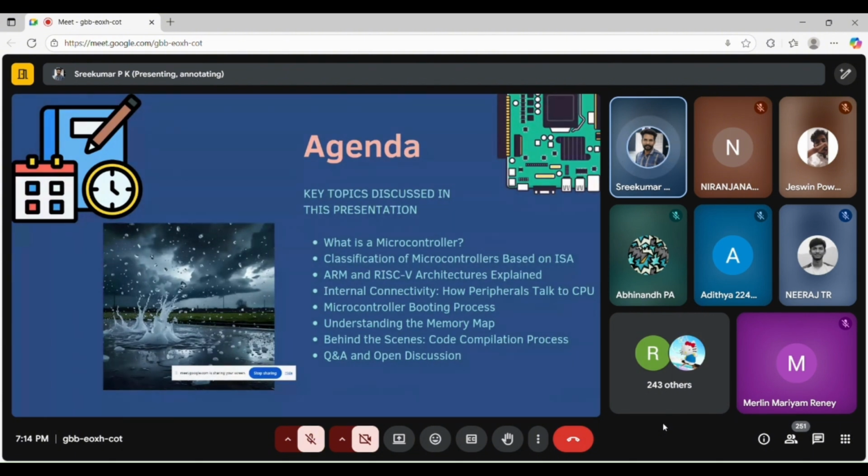You might feel this as a hailstorm, like a bombardment of information. So many things we will be discussing. You may feel like you are not able to understand the concepts, but I will try to help you at the best to understand the concept. If you have any doubts, you can put them in the chat, or somewhere in between I will stop. That time you can ask the question. Okay, so let me continue to the next slide.